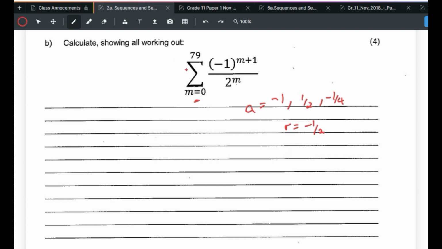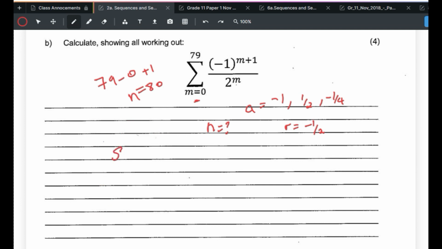Now, like we said before, sigma means sum, so they're literally asking you to get the sum. But the sum of what? You need to know what the n is, right? You calculate the n of a sigma notation by subtracting the top minus the bottom, then add 1. So it is 79 minus 0 plus 1, which is 80. So now we have everything. We have a, we have r, and we have n. Putting all this in, you're going to get